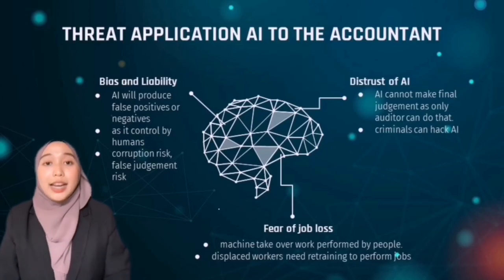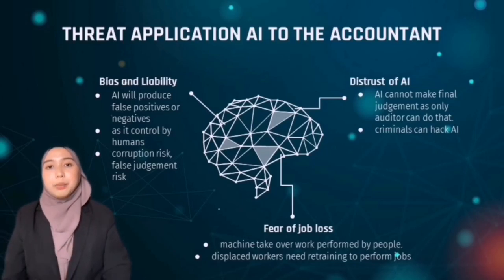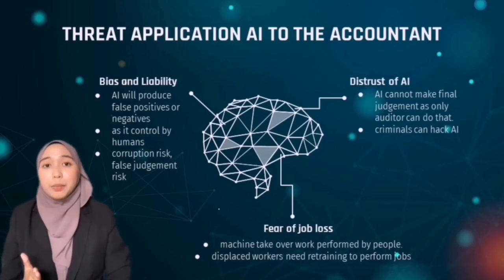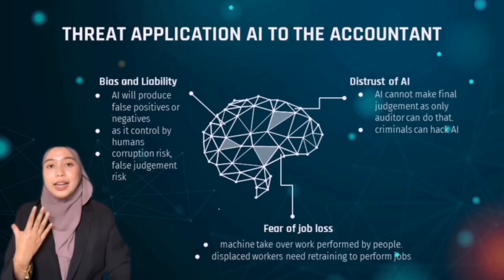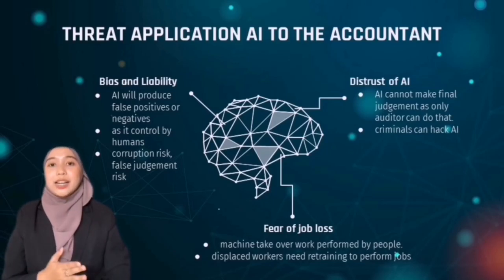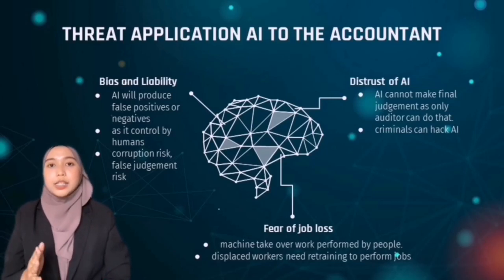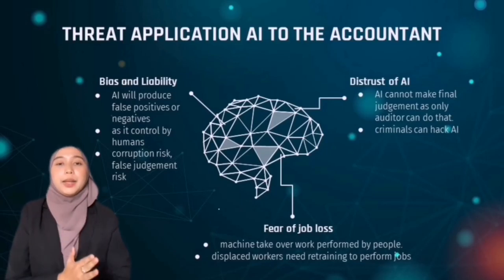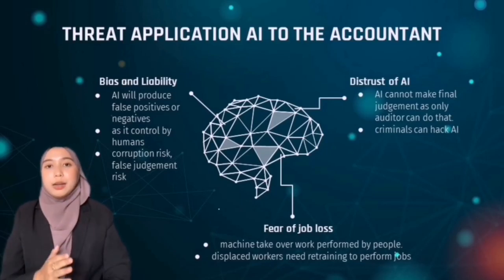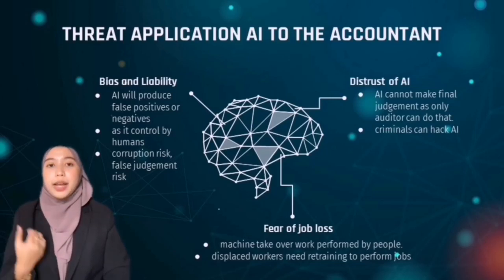Third is bias and liability. Bias in AI systems is often seen as a technical problem, but the NIST report acknowledged that a great deal of AI bias stems from human bias and systematic institutional bias as well. This is because humans control the AI by setting biased data and programming it into the AI, which is an unethical way. This action will expose corruption risk by upper management and commit fraud.